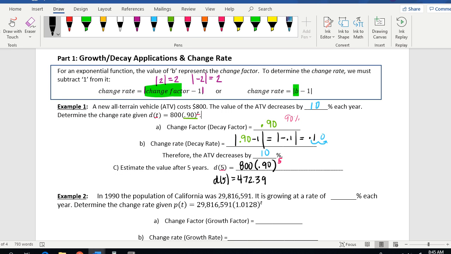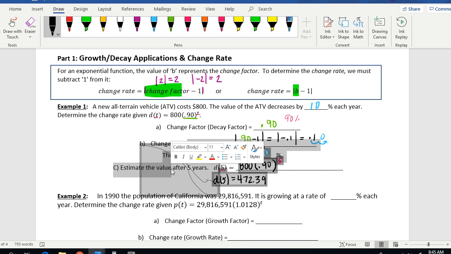472. Whoop. Sorry about that. Oh my goodness. So in year 5,